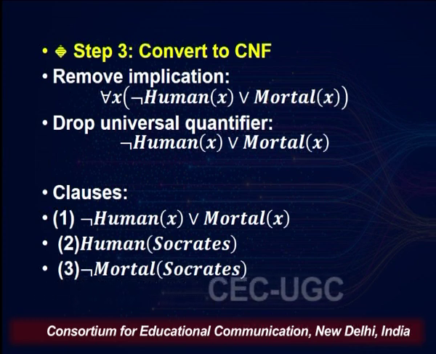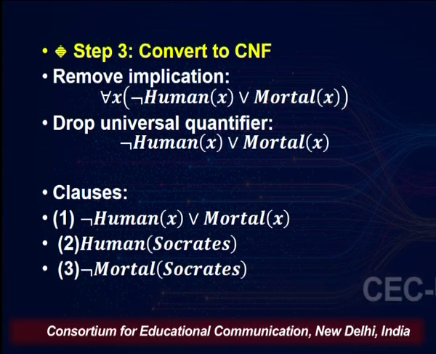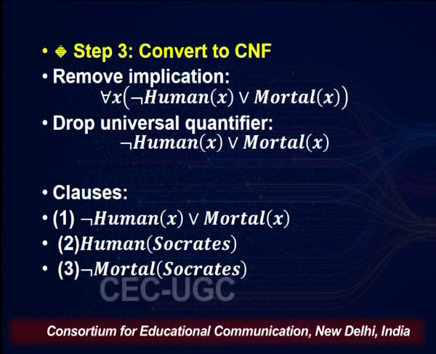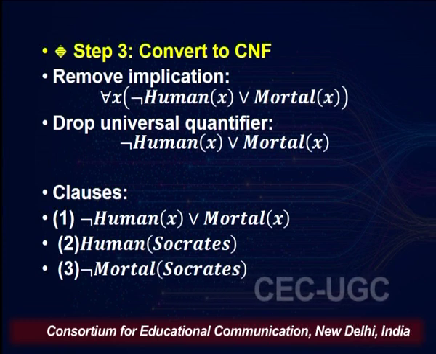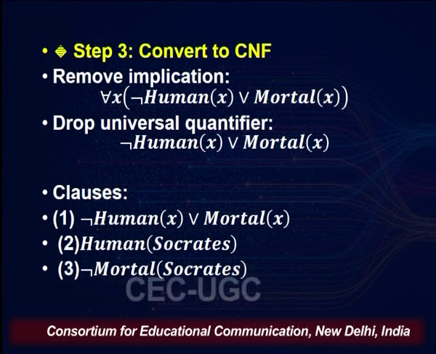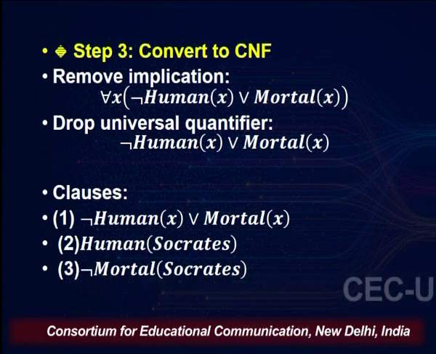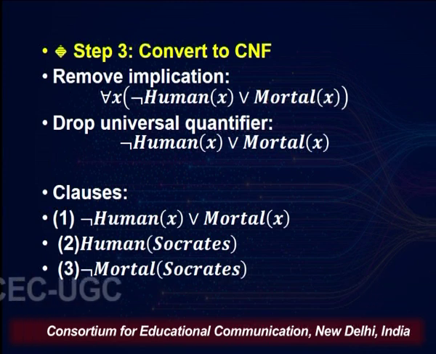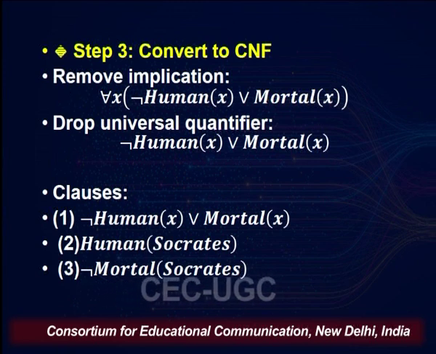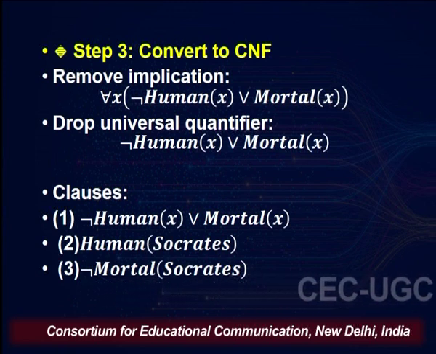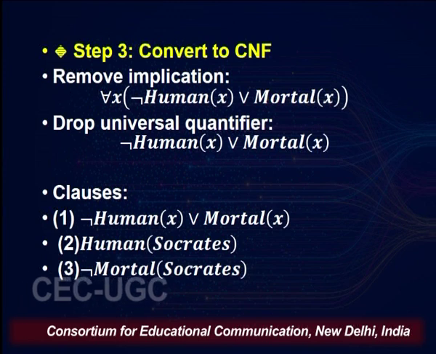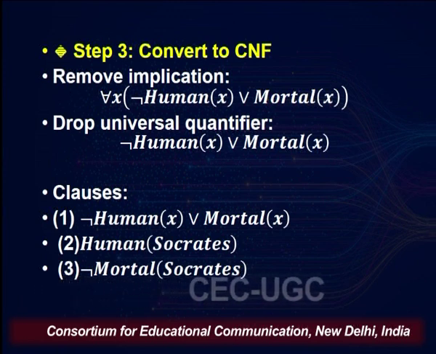In the first step we unified x in clause number 1 with Socrates, then that clause number 1 is resolved with clause number 2. So, negation of human Socrates and human Socrates cancel out, then we are left with mortal Socrates and negation of mortal Socrates. In the next step of resolution these two remaining clauses will also cancel out, and finally we end up with only a contradiction, which is